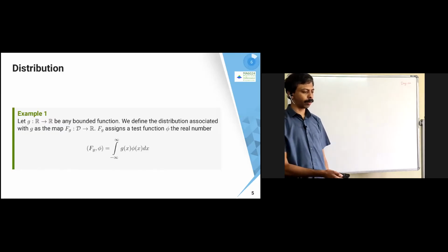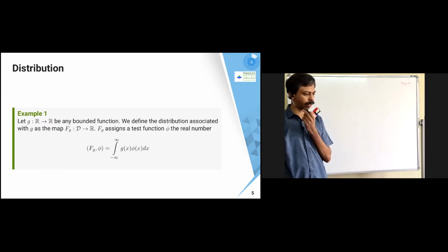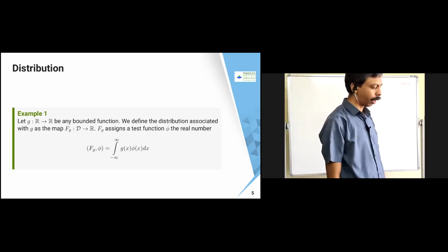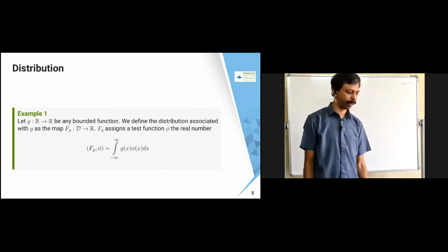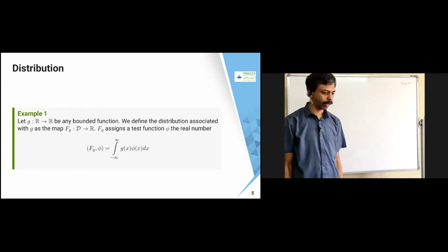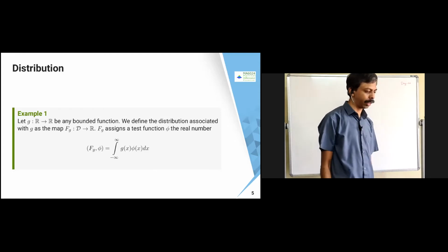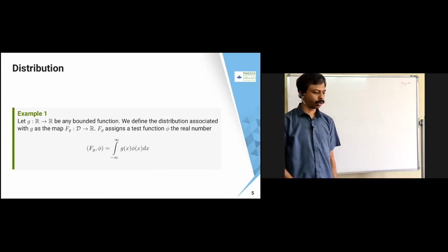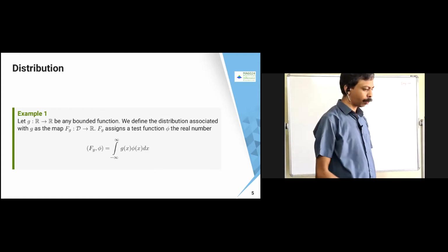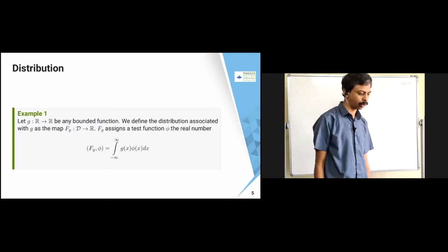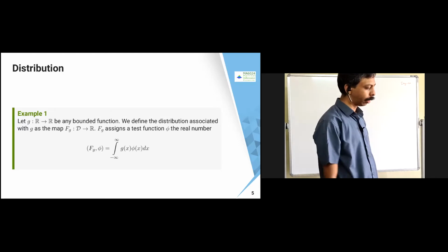So for example, if we take g a function from R to R, any bounded function, I just define the usual inner product which we defined in the continuous case. So the integral of g of x times phi of x dx from minus infinity to infinity. So this phi of x is having compact support, so this is going to be a bounded one. In other places it is going to be 0. Therefore it is going to be well defined. So we'll get that answer.